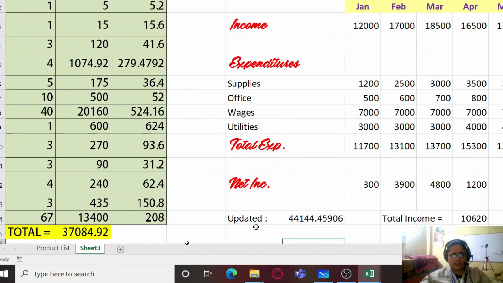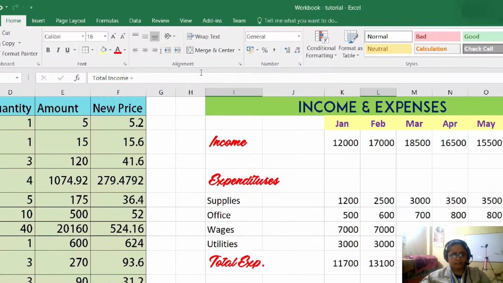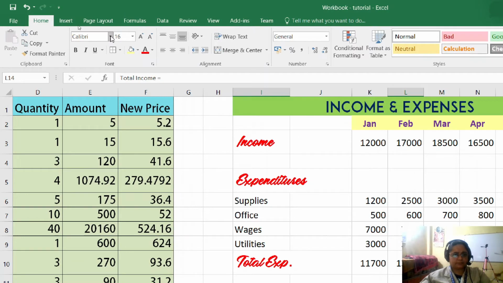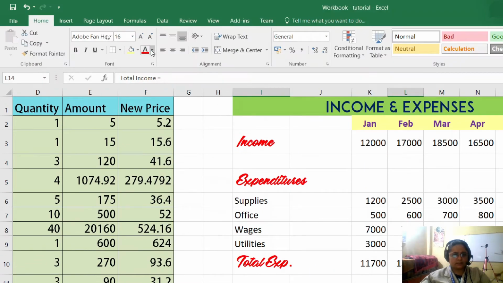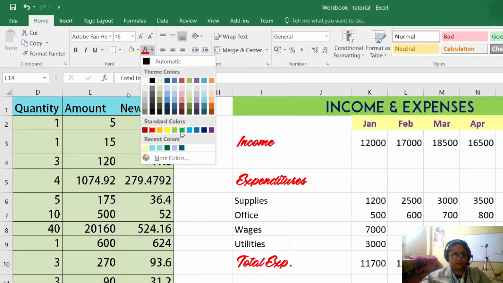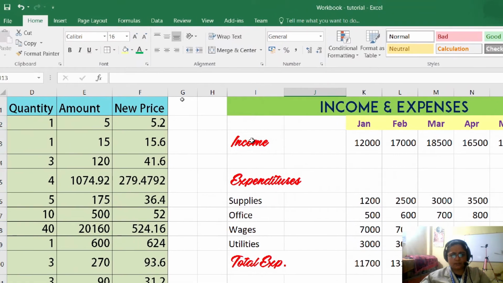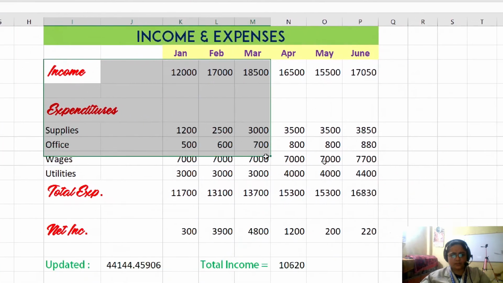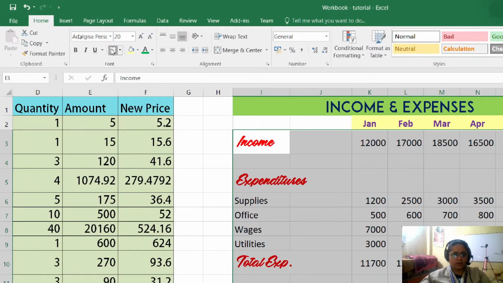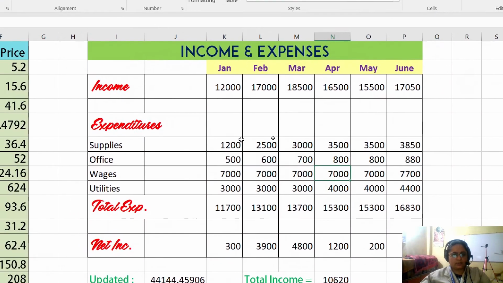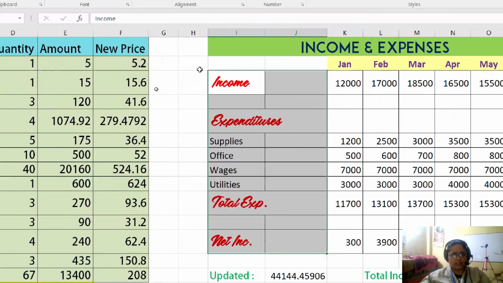And similarly I can also update these two cells. So I'll just select them and I'll go back, change the font size, change the font color, and that's it. And for the rest of the cells I am just going to select all of them and provide a cell border, that is all borders. So you can see all the borders here, and you can also provide a background color.